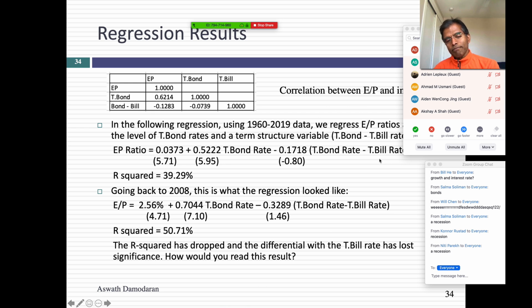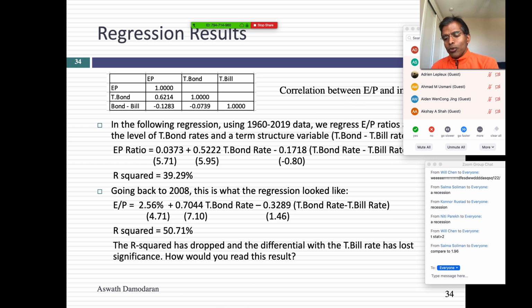and the T-bill rate. It looks like the slope, that T-bond rates, the slope doesn't do much for earnings to price ratios anymore. The T statistic is minus 0.8. Does anybody remember how you look at a T? Those are T statistics down there. Does anybody remember what the rule of thumb is when you run a regression about a T statistic in a regression? What does it have to be for significance?